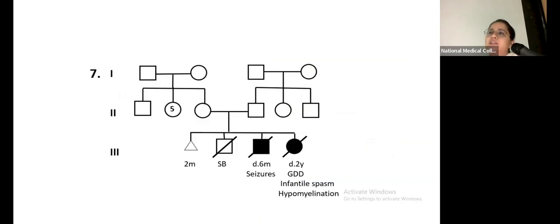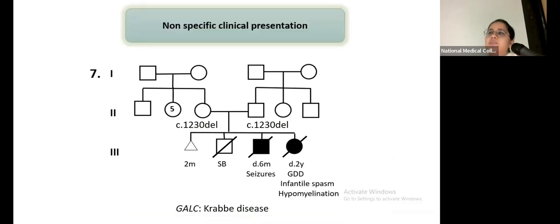Then again, there are many disorders which have a vague clinical presentation. In this particular family, there is a history of stillbirth, a child who died of seizures, then another childhood death due to infantile delay. For this child, the documents show that the MRI suggested hypomyelination. So based upon this vague clinical presentation, exome sequencing was offered to the parents, and we found out that both the parents were carriers of a significant variant in the GALC gene, which leads to Krabbe disease. So even in non-specific clinical presentation, exome sequencing has its value, as we have seen in the previous pie chart, that in 50% of such cases, we were able to make a good diagnosis.